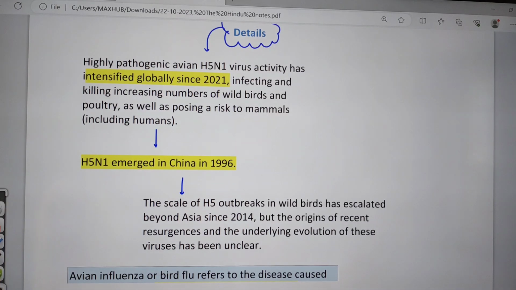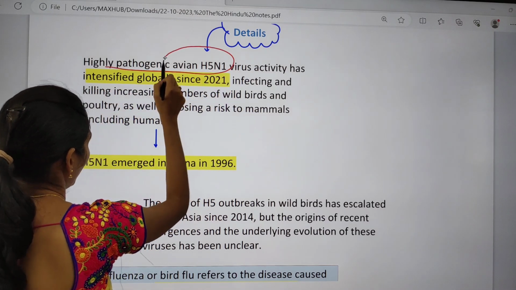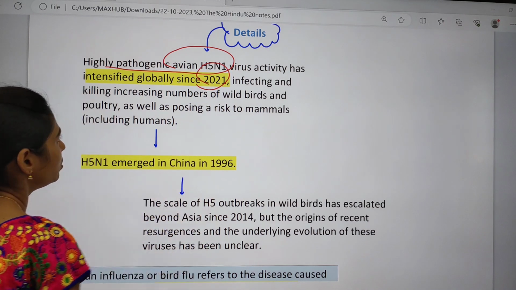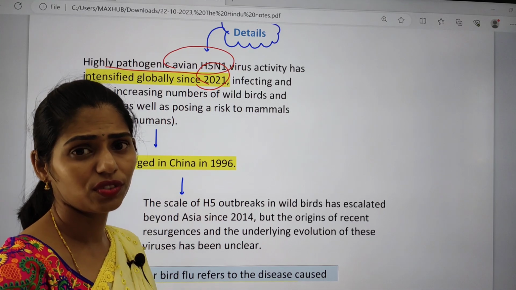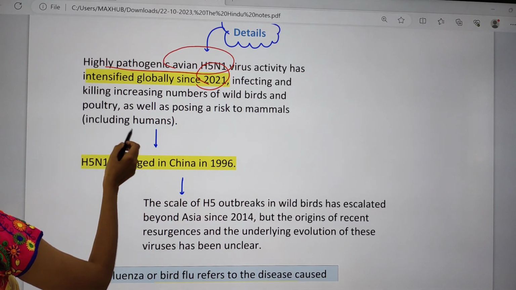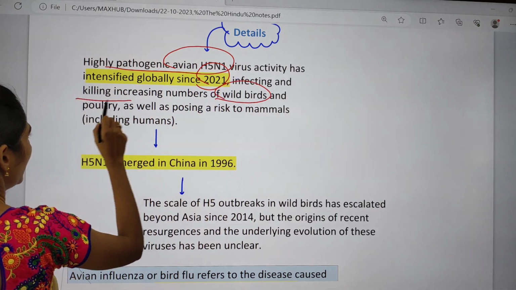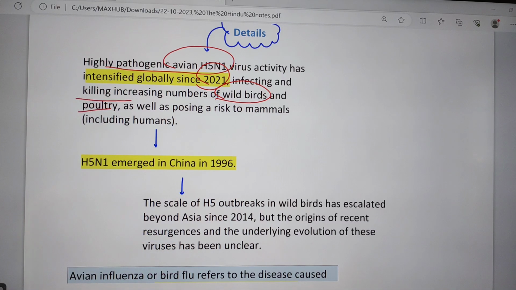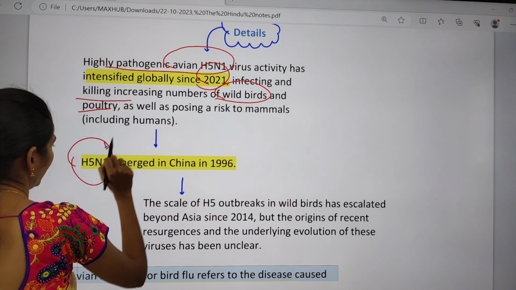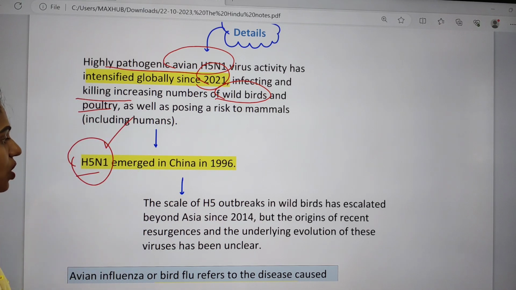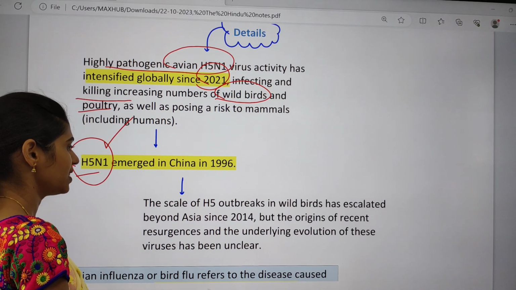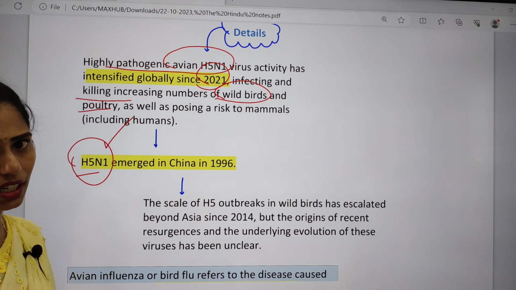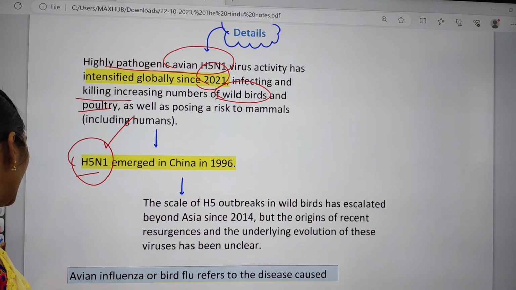If you see the details, it says that highly pathogenic avian H5N1 virus activity has intensified globally since 2021. Because of the increase in the extent of this avian influenza, it is killing a number of wild birds and poultry, and there is also a risk posed to mammals including humans. Actually in 1996, H5N1, that is avian influenza, emerged in China, and later this scale has been escalated since 2014. Since 2014 we are seeing the attacks of this avian influenza, and that is because of